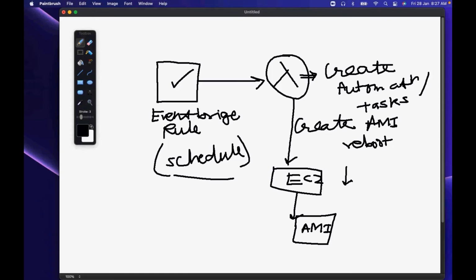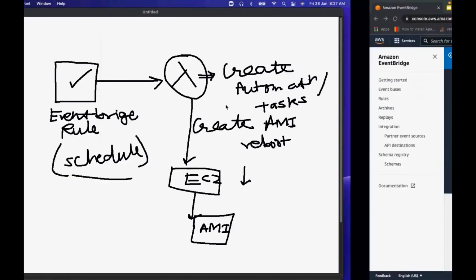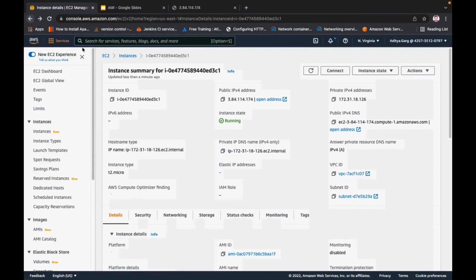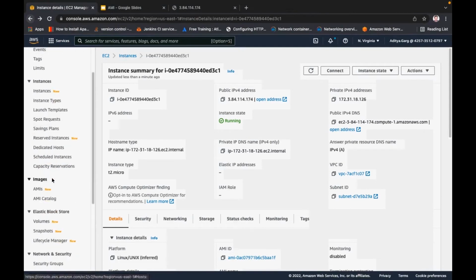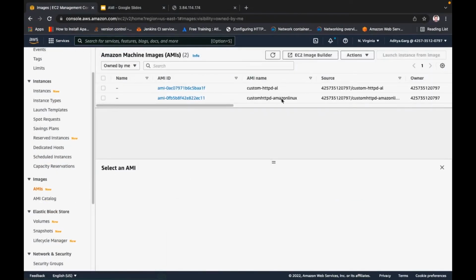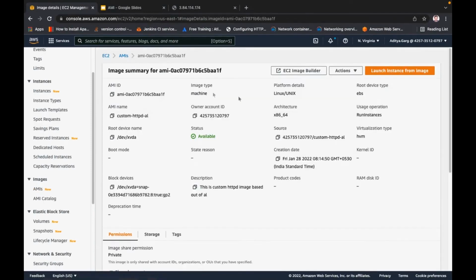Now let's try to understand how we migrate this instance across availability zones. Just go back to the AMIs. If we go inside, here you will have the AMI that I have created.